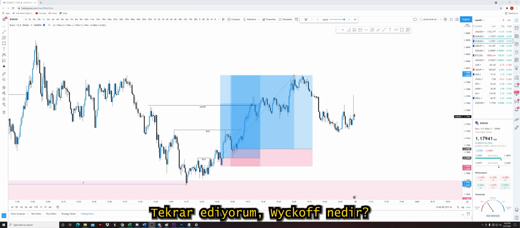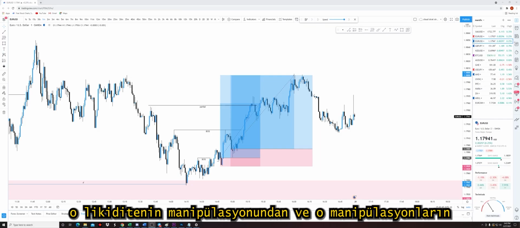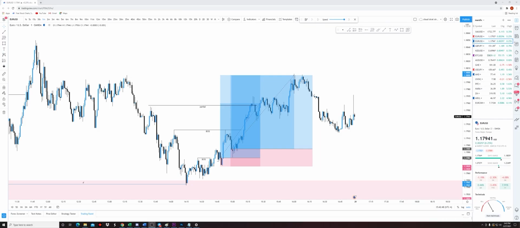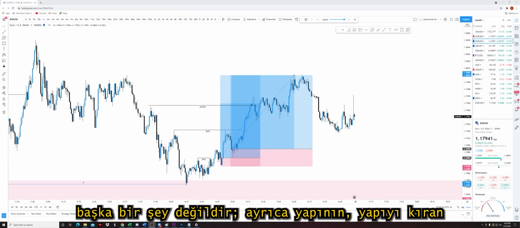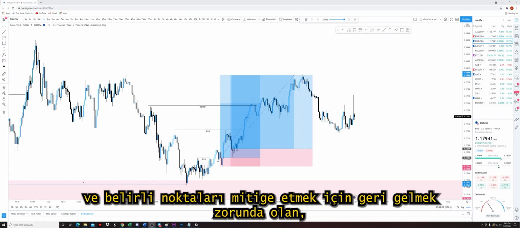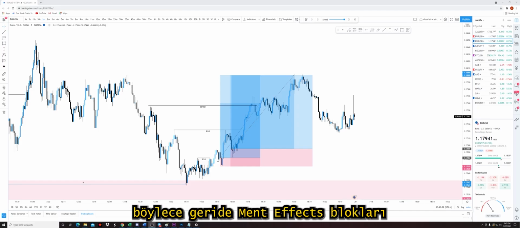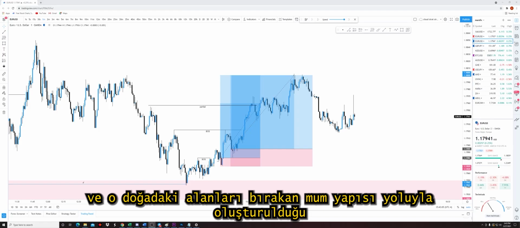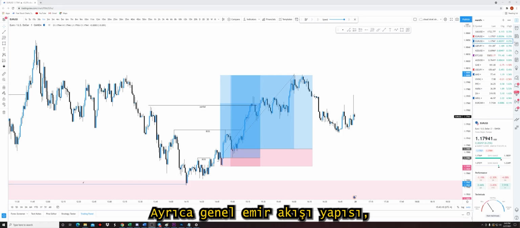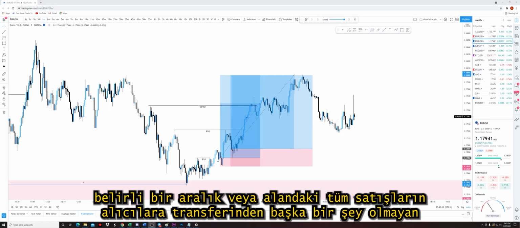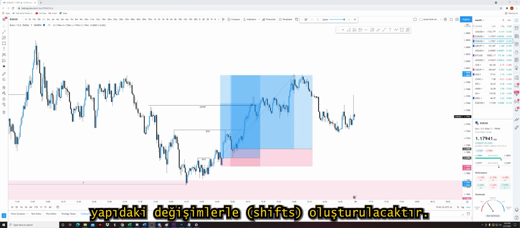Again, what is Wyckoff? Wyckoff is nothing more than the creation of liquidity, the manipulation of that liquidity, and the mitigation of those manipulations to continue in a given bias and given order flow direction. As well as that, it is complemented by, and also similar to, the ideas of structure being put in by way of candlestick structure, which breaks structure and has to come back to mitigate certain points, thereby leaving behind order blocks and areas of that nature, as well as overall order flow structure, which is going to be put in with shifts in structure, which again are nothing more than the transfer of all the sells in a certain range